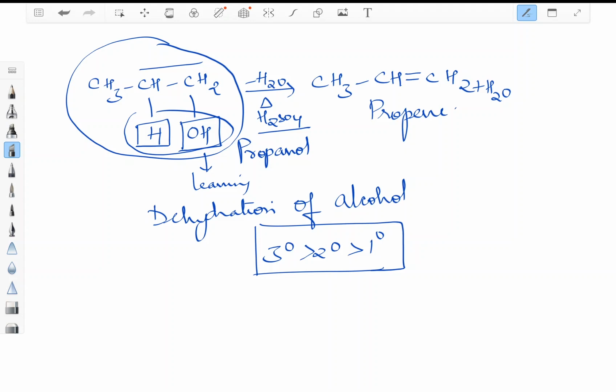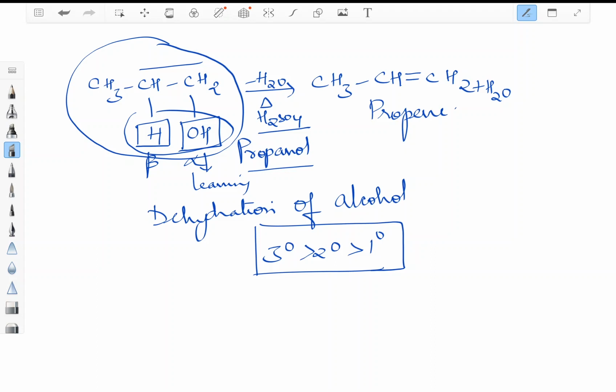The only thing now, first thing, is how alkene was produced. Alkene was produced with the help of elimination. Which elimination? Beta elimination. Now here this one is alpha for us, and this one is beta. So here we are using propanol. The structure is propanol. Upon heating with H2SO4 it gives propene.